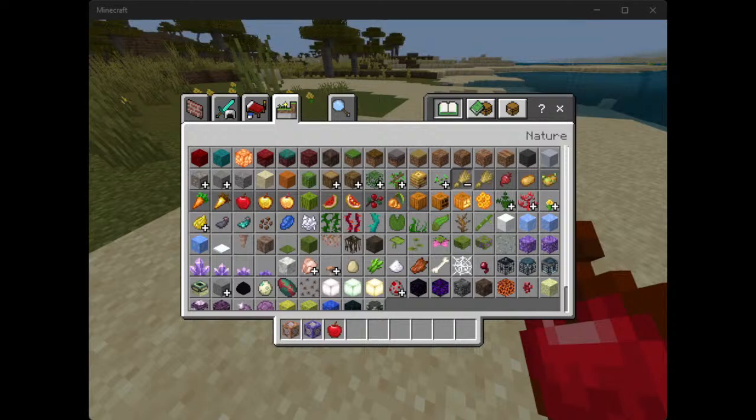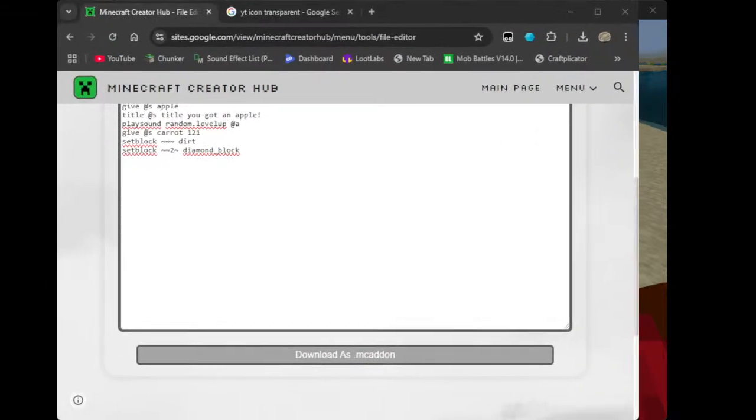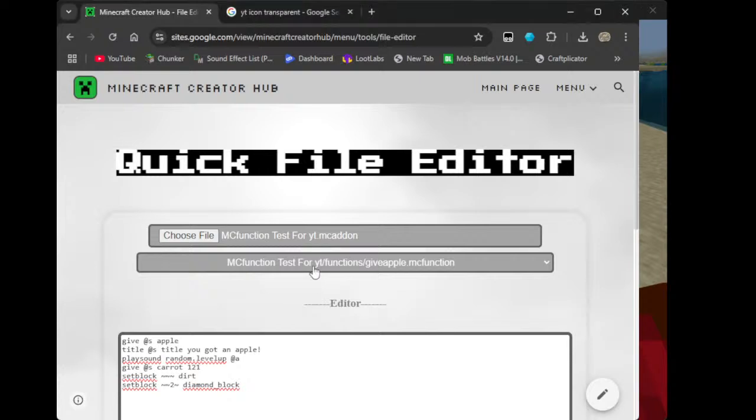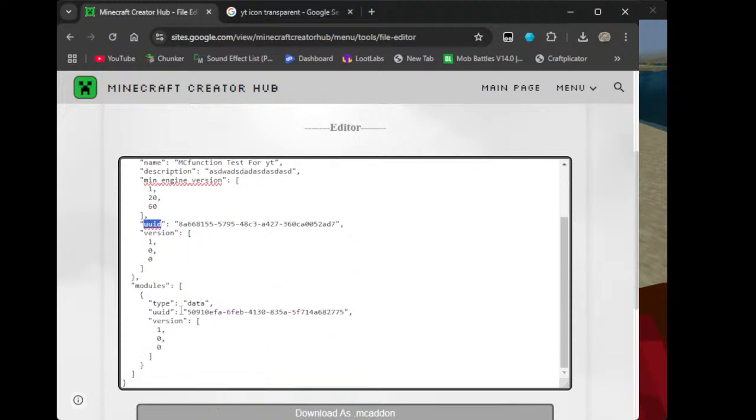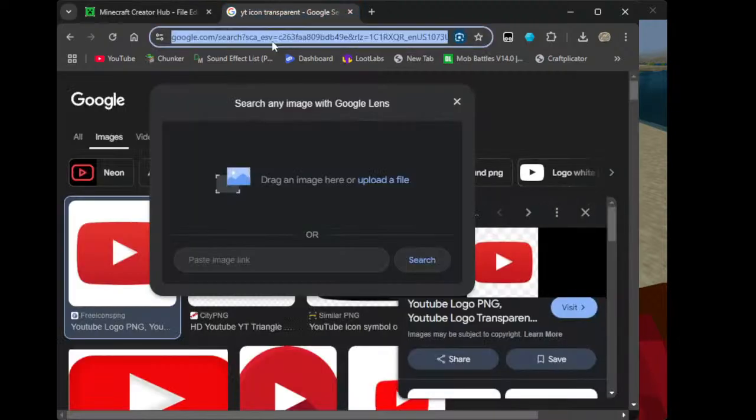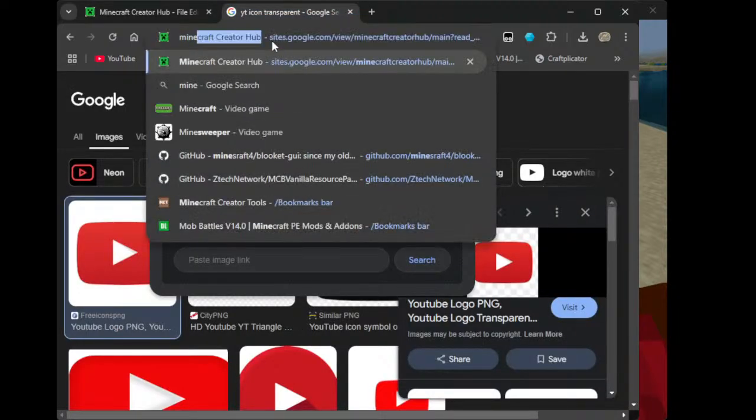So the reason why it says duplicate detected is because we forgot to update the manifest. So what the manifest is, so these things right here, the UIDs, have like their identifiers. So if it detects the same identifier, like right here, it will say duplicate detected. Now what we need to do to fix that issue is go to Minecraft Creator Hub